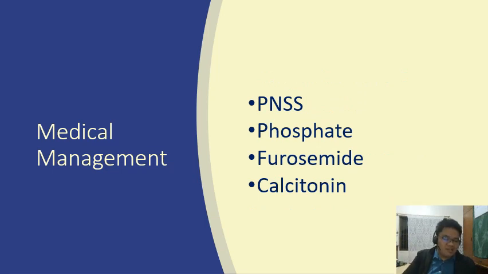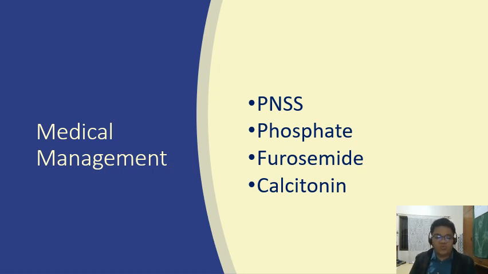Plain NSS is given. Since we know that calcium and phosphate are enemies, now this time in hypercalcemia, you can give your phosphate. Then furosemide is given to excrete excess calcium. Then you have calcitonin. Remember, there are artificial forms of calcitonin. And when I say calcitonin, it has an antagonistic effect on the levels of calcium. Remember, PTH increases calcium. Whenever calcium is already high,